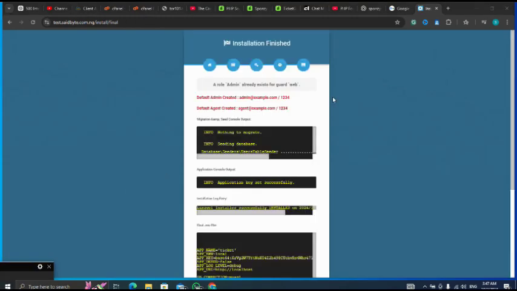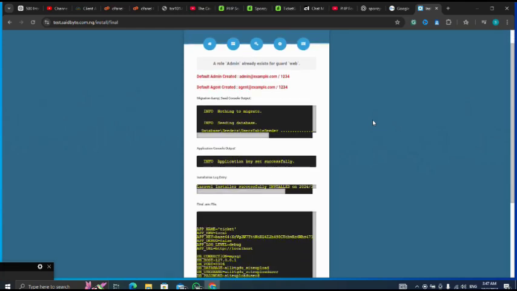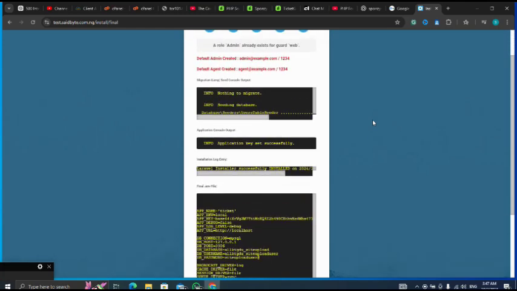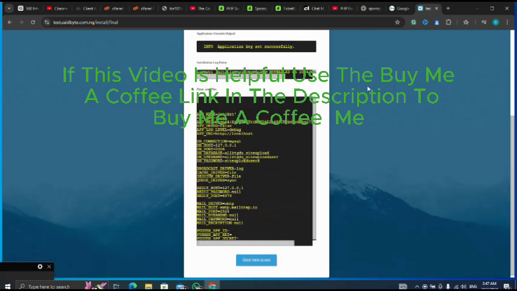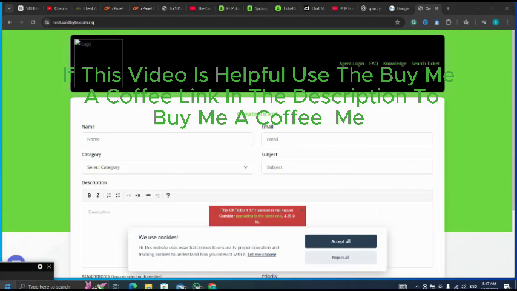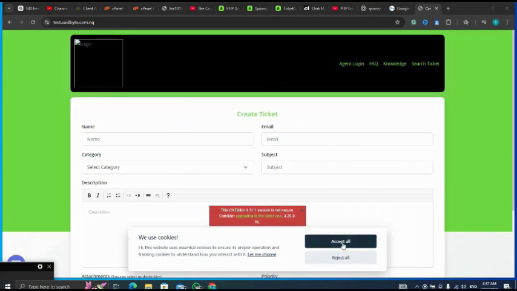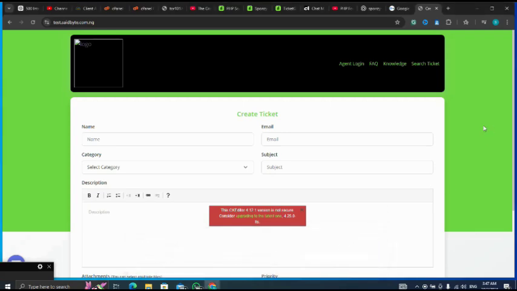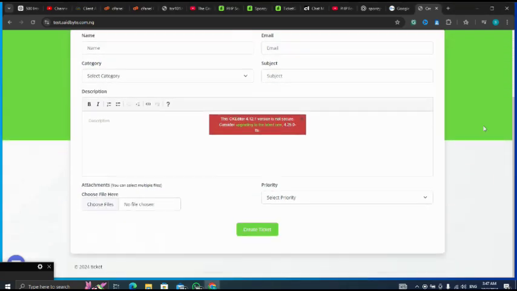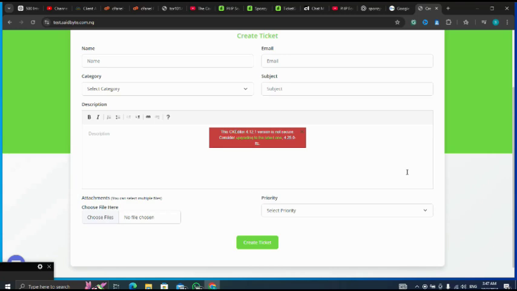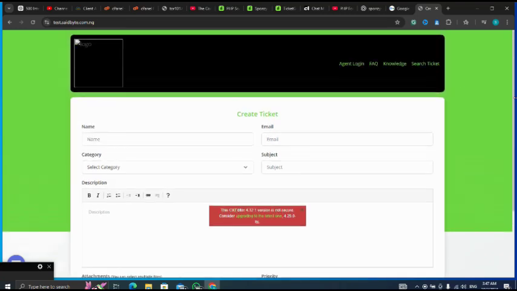So next let me slow down. The role admin already exists for Guard Web. Okay, so these are what I can use to log in. Click here to exit. Yes, accept all. From here I can just create a ticket, or if I want to log in as agent,